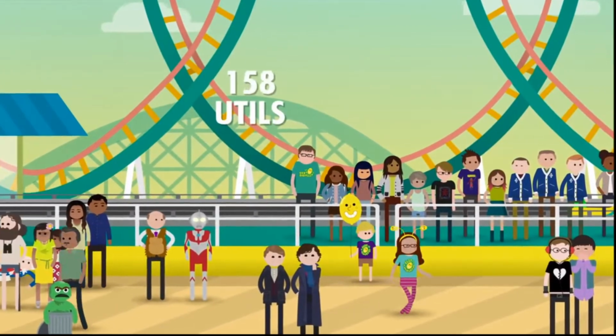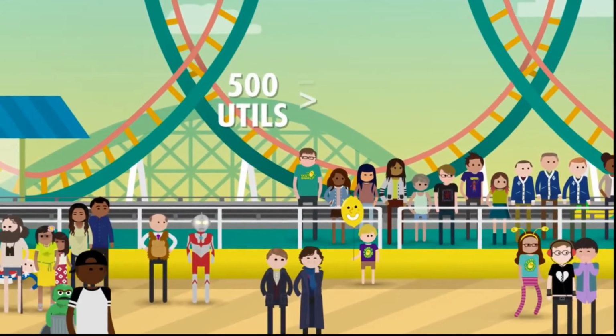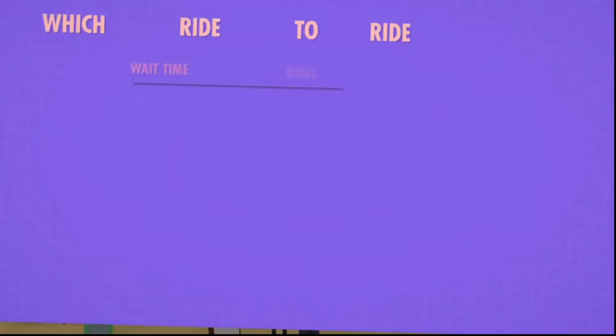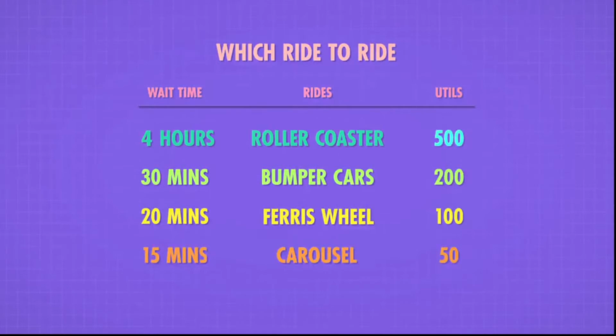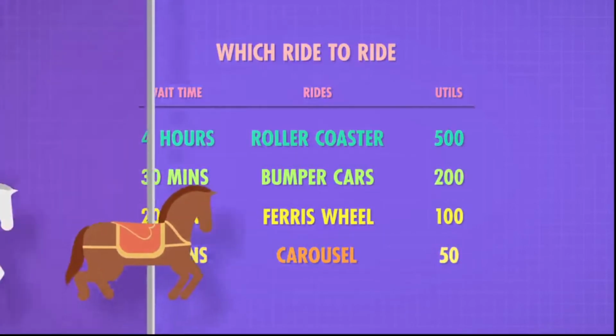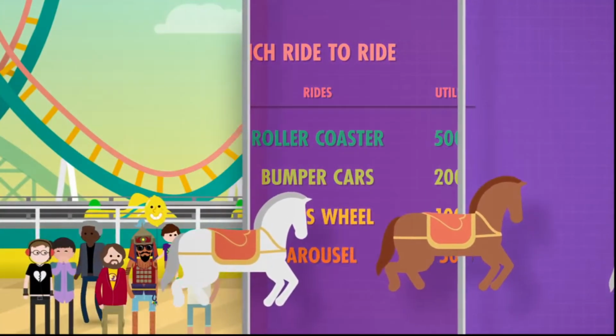So Stan estimates his marginal utility of riding the ride and compares that to the wait. Riding the best roller coaster might give him the highest utility of all the rides in the park, but it might not be worth waiting in a 4-hour line. A smaller ride gives him less utility, but if the line is super short, he'll choose that one instead.